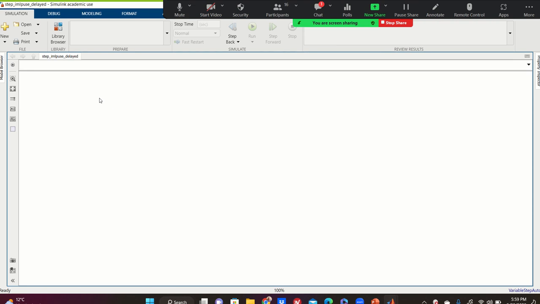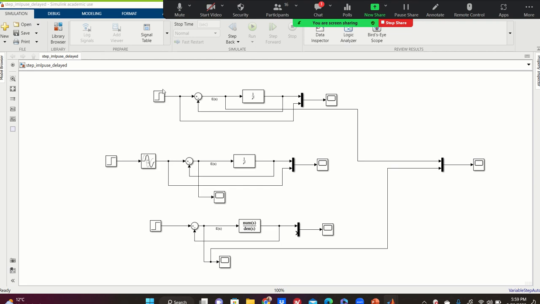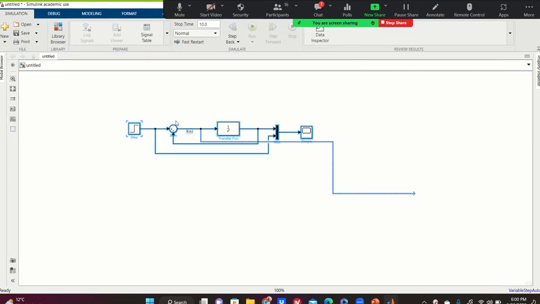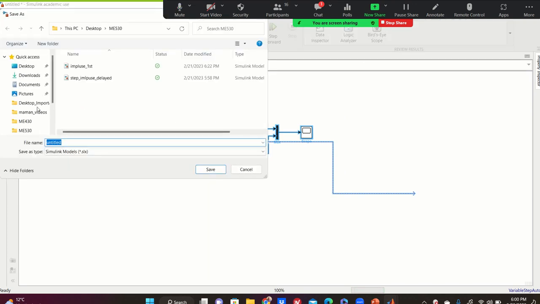Okay, what I'm gonna do, go on. I'm just gonna copy all of these, put in the new file to save it as ramp. Okay, I'm gonna save it as ME530 ramp